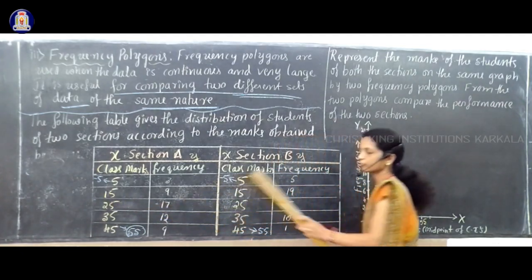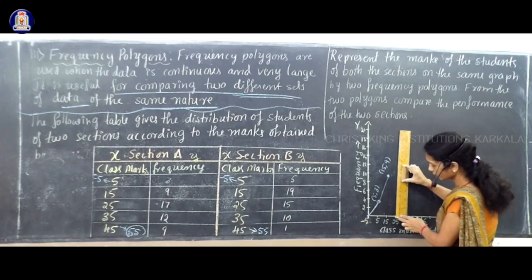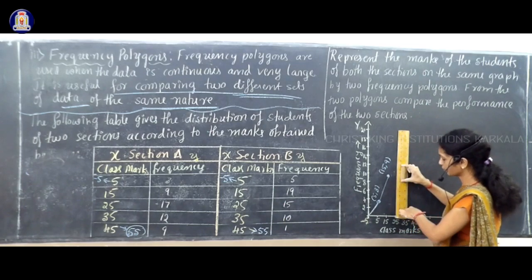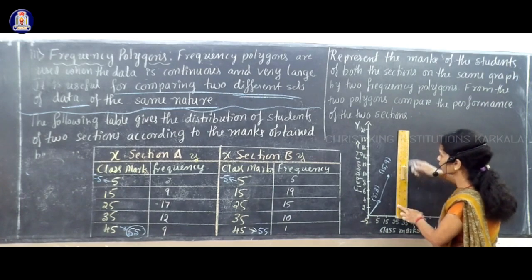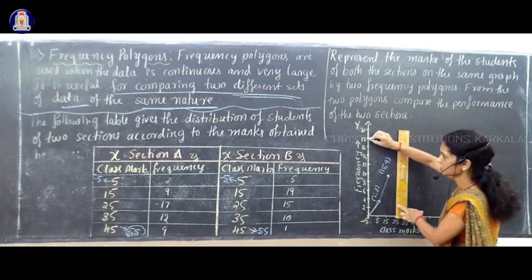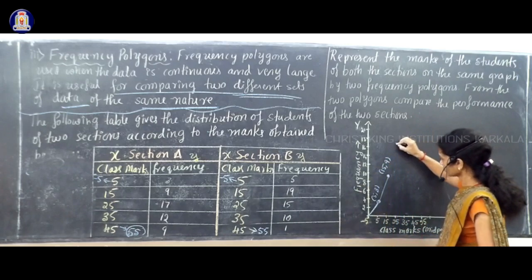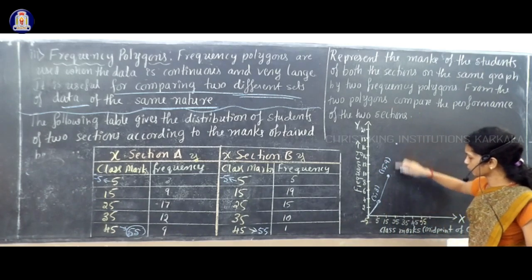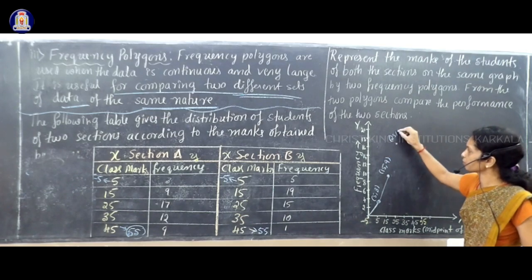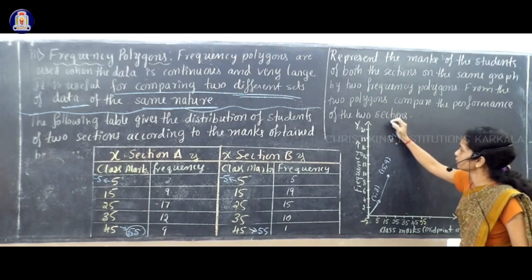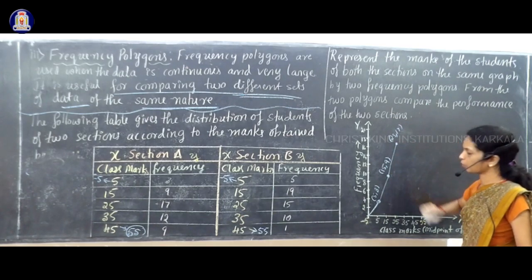Next, at 25 you have to move up to 17. Keep your scale at 25. The vertical line on the graph sheet passing through 25, on that you have to move up to 17. Exactly between 16 and 18 you have 17, somewhere here. We mark this point at 25, up to, sorry, not 19, up to 17. And join that with the previous point like this.